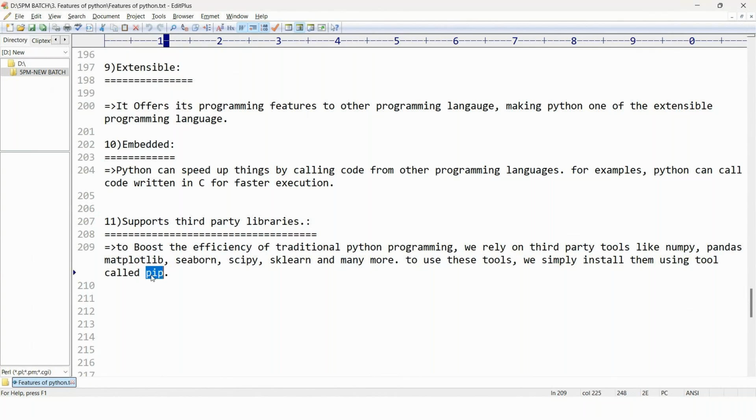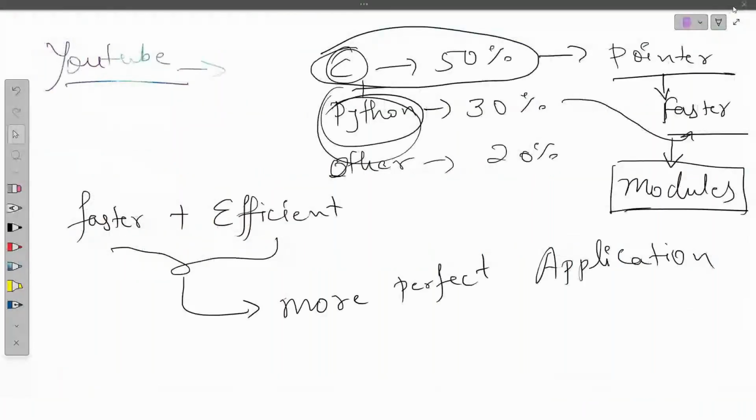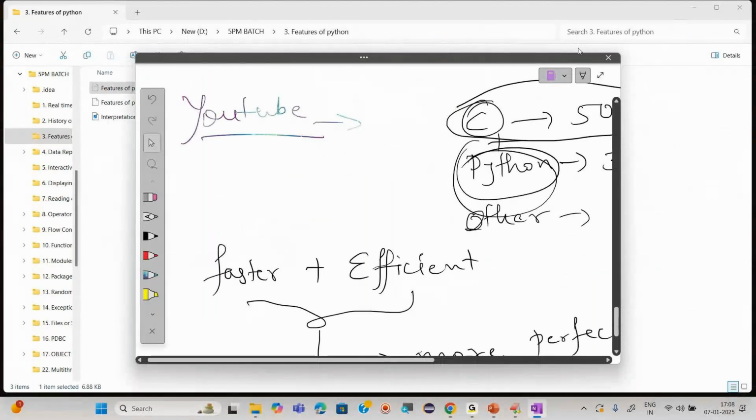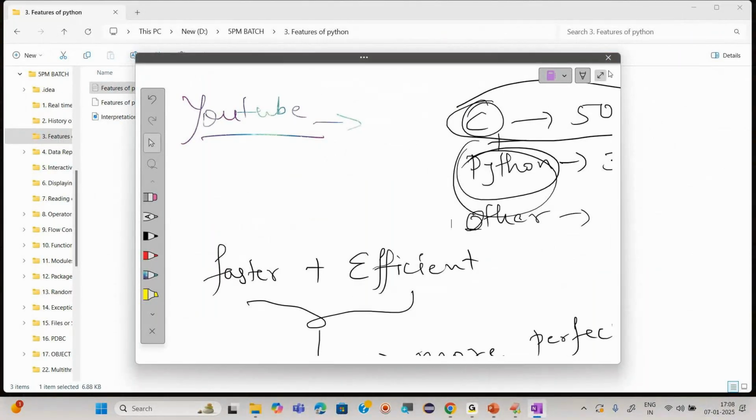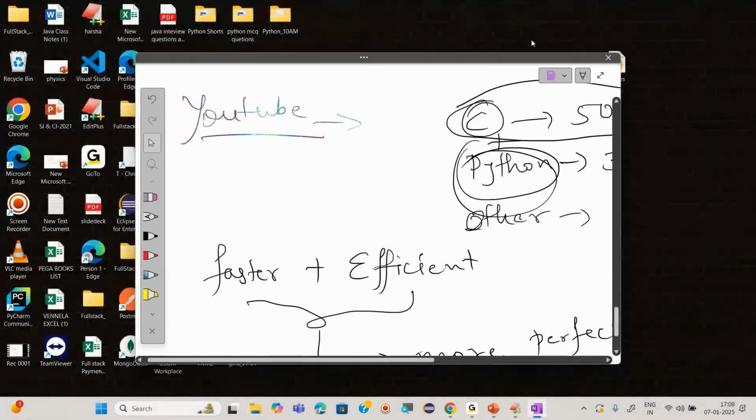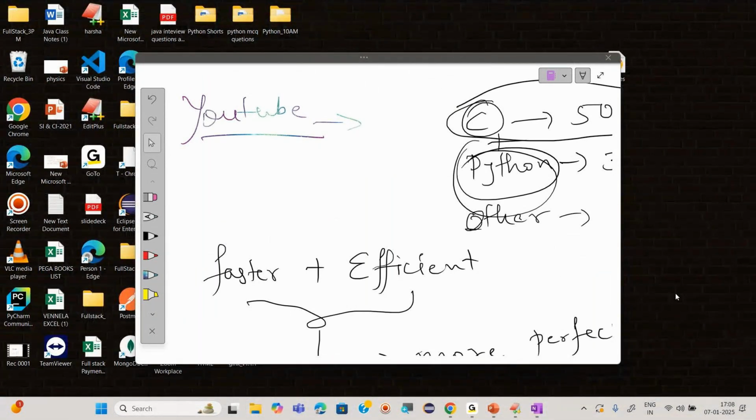Pip is the Python package installer, one of the tools used for installing third-party APIs. API is nothing but a collection of modules. So when we want to install a library in our Python software or in our system, we have to go for the pip tool.